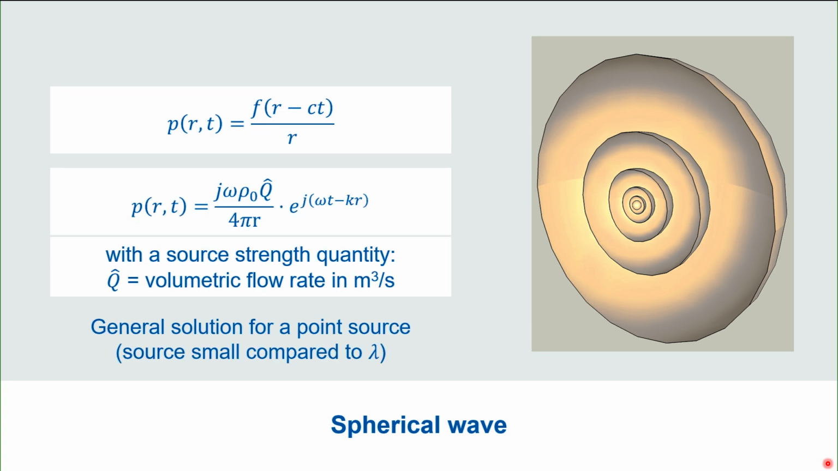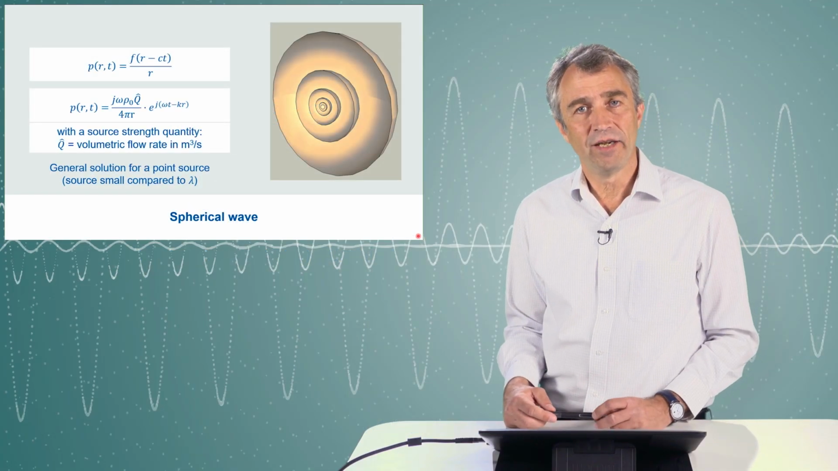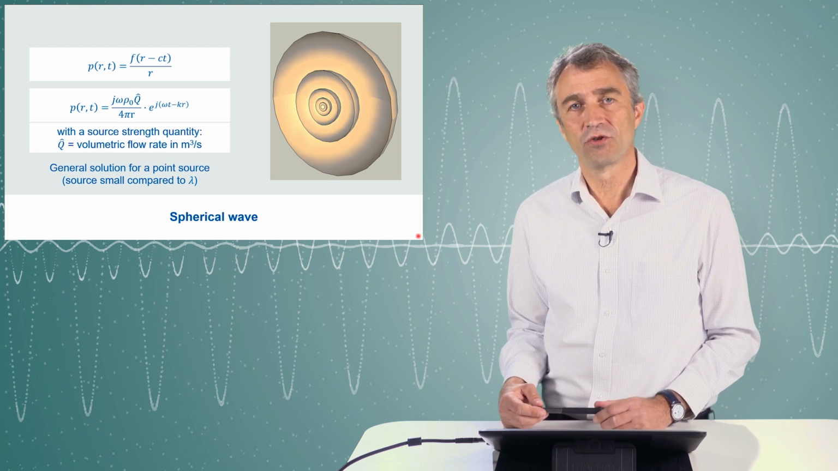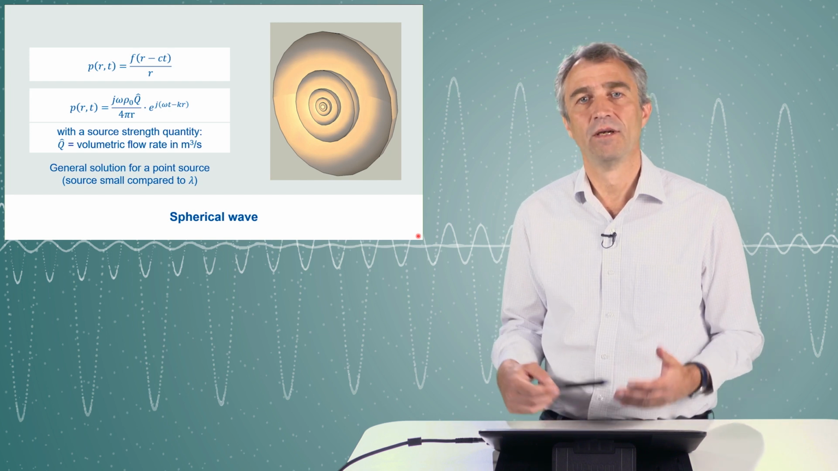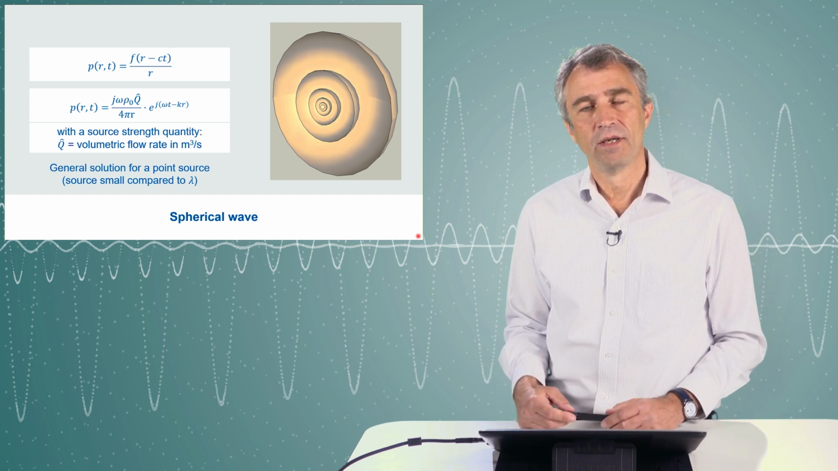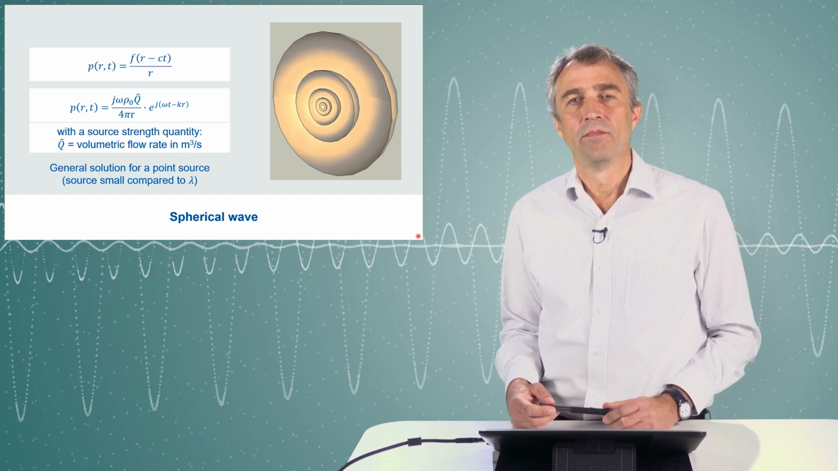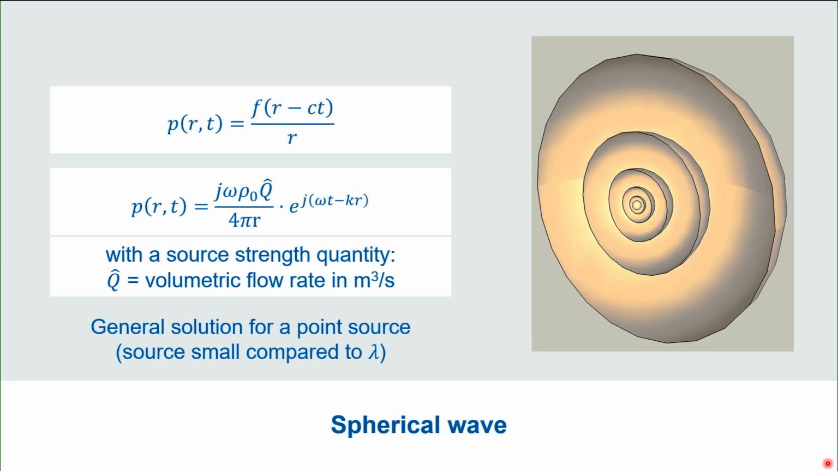The mathematicians give us a solution in this case again. Again, it is a function f, and the content is very similar to the plane wave. R minus ct means previously x minus ct. It means a propagating wave into the positive r direction. But now there's a new information that we get also a factor 1 over r in the calculation of the resulting pressure. If we now introduce Q as the source quantity, source strength quantity, describing the volumetric flow rate in